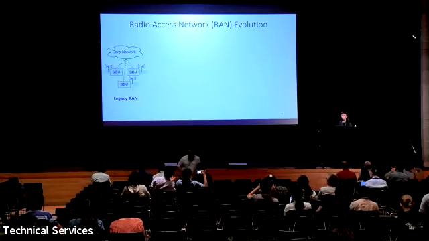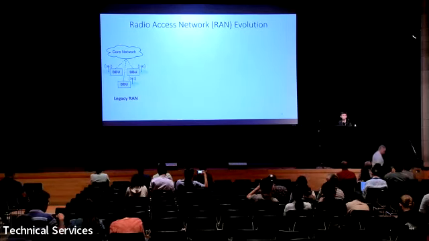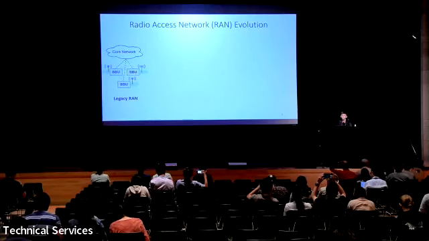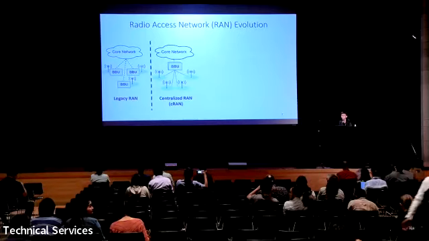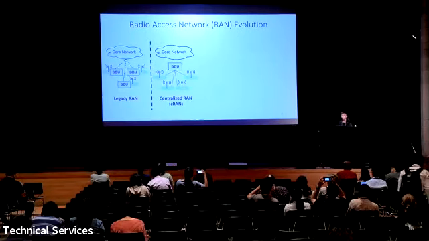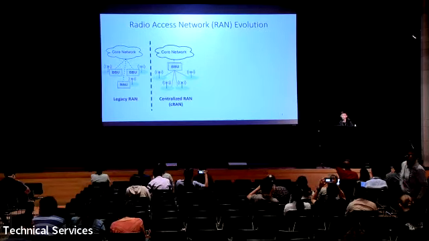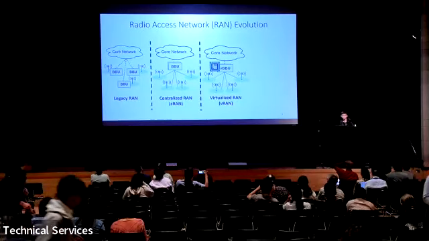We started off, in the legacy context, with legacy RAN. Basically, the baseband unit is co-located, or tightly integrated, with the antenna or radio head. Gradually, we moved on to centralized RAN, whereby we disaggregate the baseband unit away from the antenna, so we have a pool of baseband units. Subsequently, moving away from proprietary hardware to commodity hardware, we now have virtualized RAN.